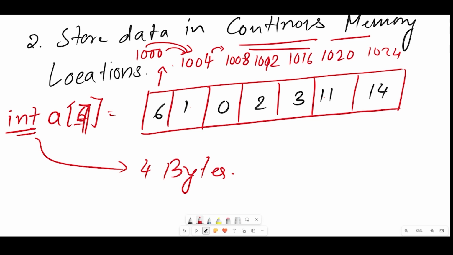So that is why this is how they are stored. If, let's say, I had string or character, let's take character, then it will be continuous 1 byte. So after 1000 will be 1001, then 1002, then 1003 for characters. So data type plays a crucial role in the address of where the values are stored. So that is the second property for arrays.